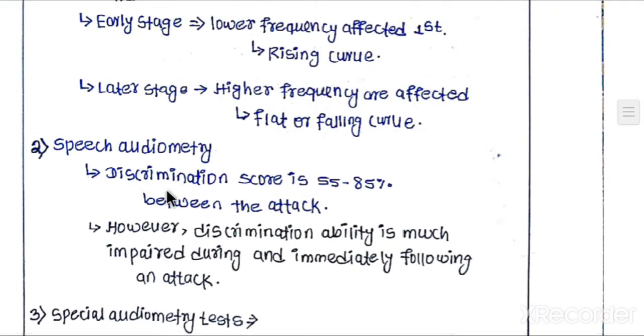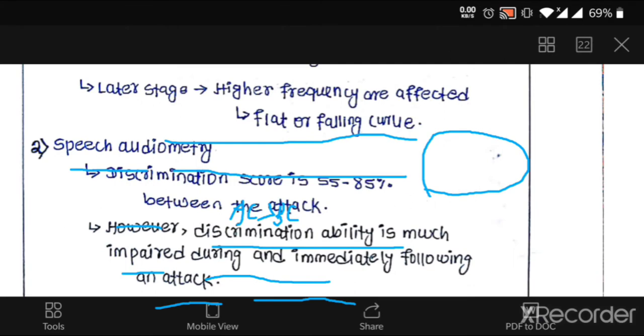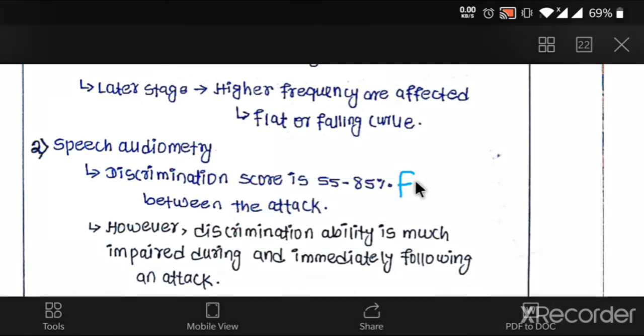Speech audiometry. Discrimination score is 55 to 85% between the attacks. That is, between the attacks, the discrimination score in speech audiometry is about 55 to 85%. Words like fit and seat. The patient can discriminate between these types of words. However, discrimination ability is most impaired